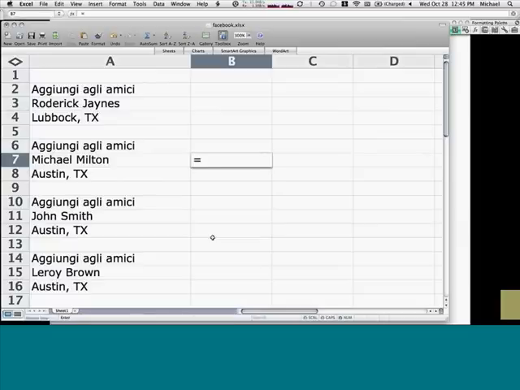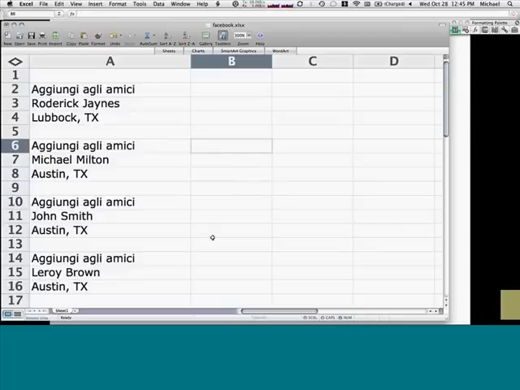So if I type in equals 1 equals 2, this basically says, does the number 1 equal the number 2? And the answer to that is false. And that's the Boolean expression return output that it gives me. Alternatively, if I said, does 23 equal 23, it would say true. And if I said, is 12 not equal to, this is the not equal sign, 23, it would also say true, right?